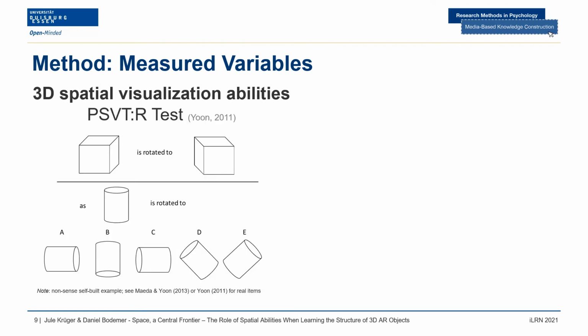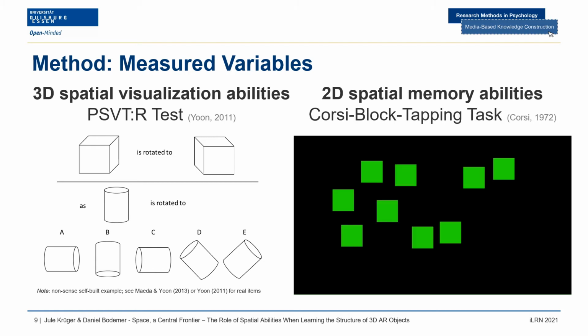To measure 3D spatial visualization abilities, we use the revised Purdue spatial visualization test with a focus on the visualization of rotations, the PSVTR, where the rotation of one object has to be transferred to the rotation of another object. 2D spatial memory abilities were measured with the Corsi block tapping task, in which sequences of blocks changing their color need to be recalled. In addition to these 4 main variables, we also measured cognitive load, task load, and motivation